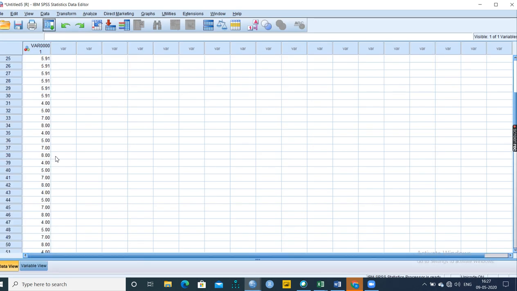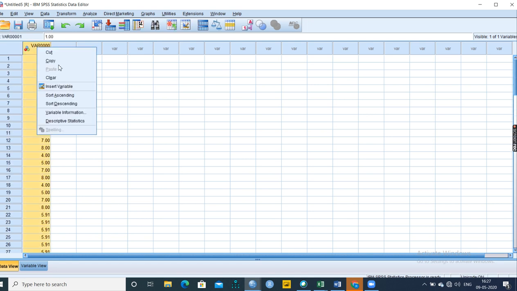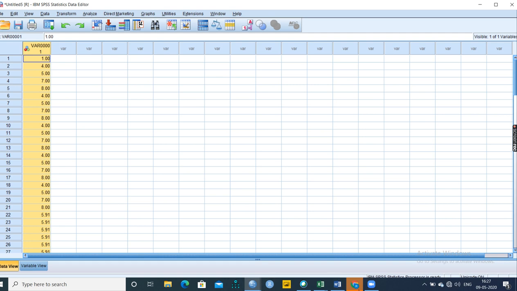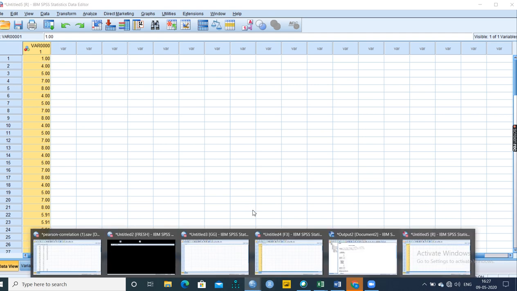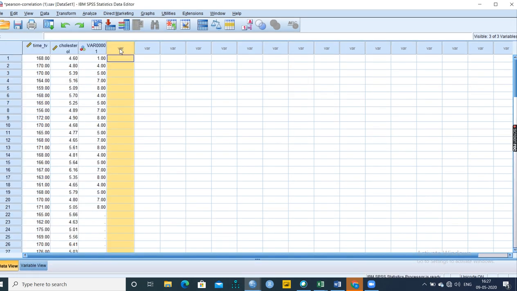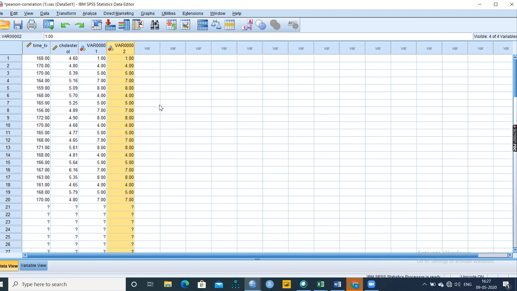where it has imputed the missing values for this variable 1. See, you can find all values have been filled. See, in between we had the missing value. So, now all have been filled. So, here we can copy this and take it to the original master database. See, we have the master database here. So, we can copy this and paste. The system will take this as variable 2. We can rename it and you can use it.